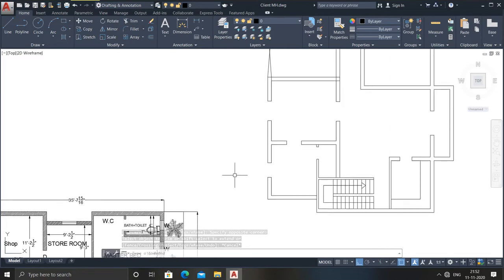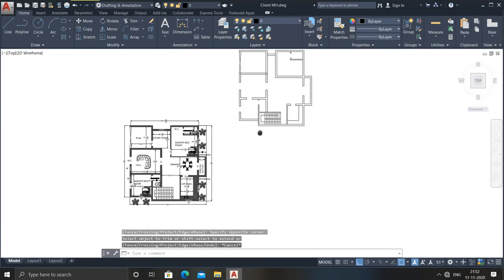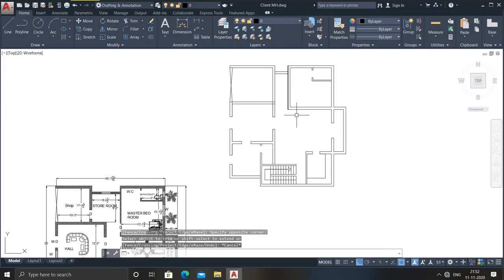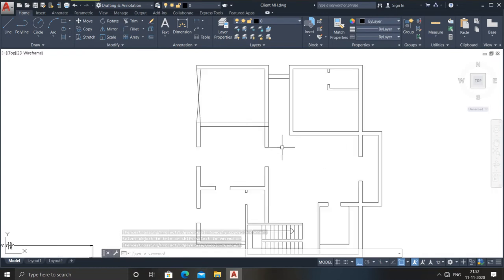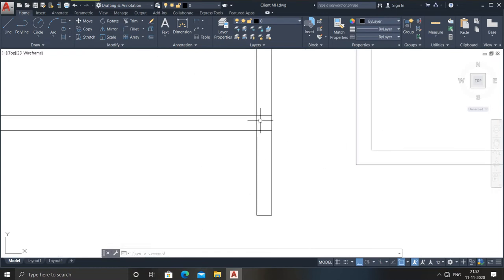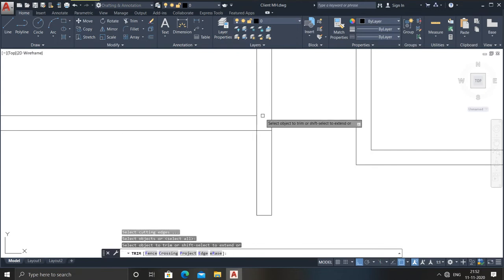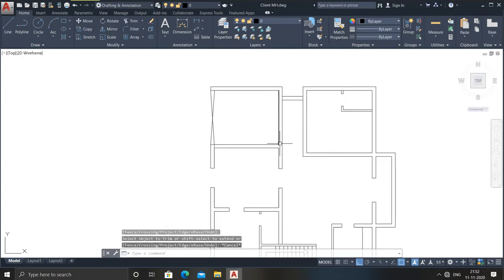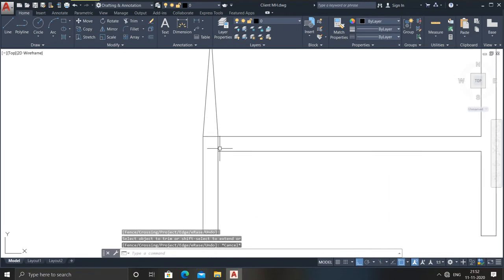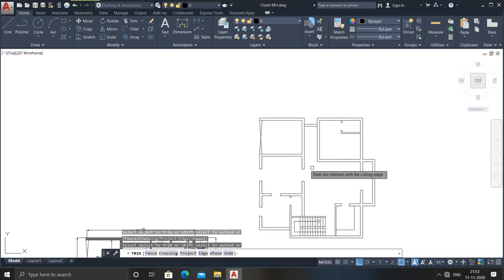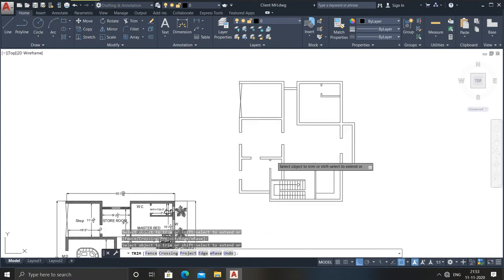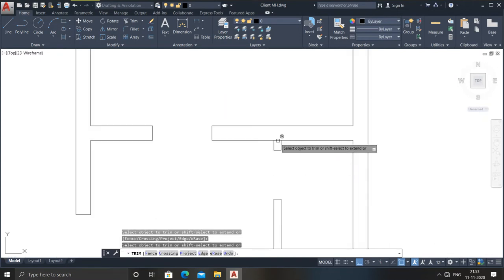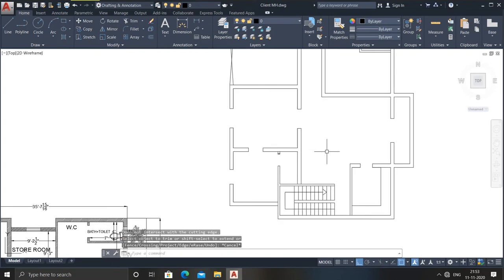Now I have did it here. See. Now what I need to provide? I need to provide some of the furniture. So some furniture I need to provide here. See, the unwanted lines should always be removed. Do not keep any unwanted lines in your plans. That makes your plan look very clumsy. Nobody wants their plan to be clumsy.